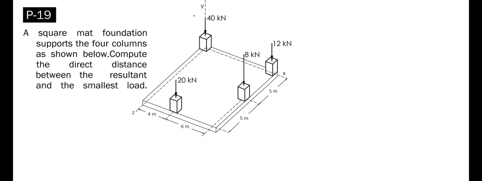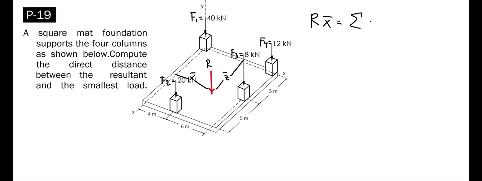So let's assign some variables to these values. This here is F1, this one is F2, and this one is F3 and F4. And then let's assume that the resultant force is located right here, where the distance along Z, this is bar Z, and this one here is bar X. Let's call this resultant R. And using Varignon's theorem, R times the distance from X, that's X bar, equals the summation of individual forces,